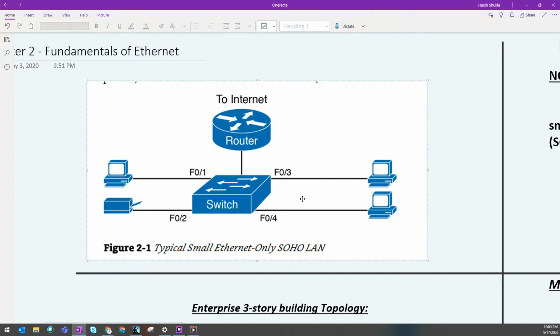But as we all know, in today's environment, it's not just your workstations, correct? You have your tablets, you have your IoT devices, you have your server environment. So it's more complex and complicated, but this is just to understand the basic fundamentals of what a small office, home office looks like. Moving further,